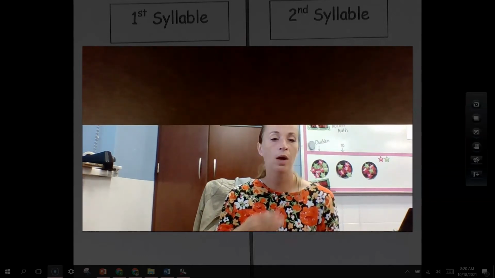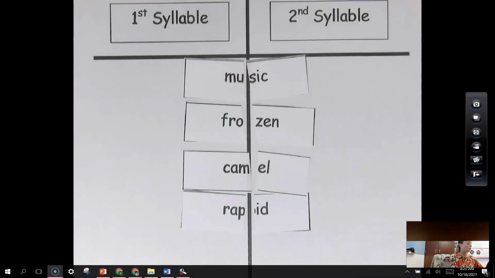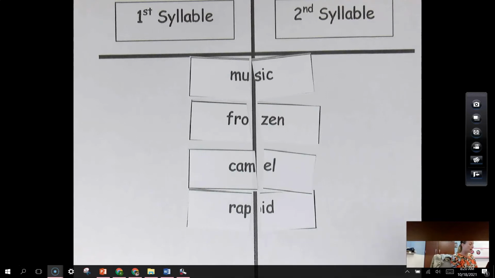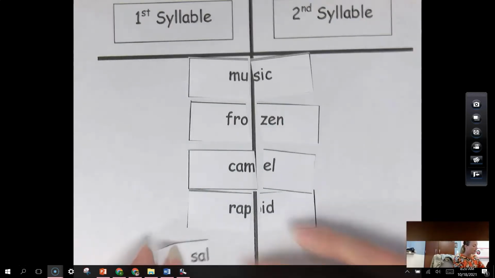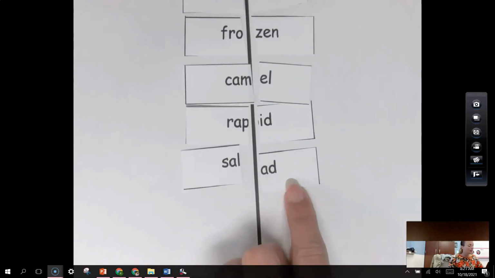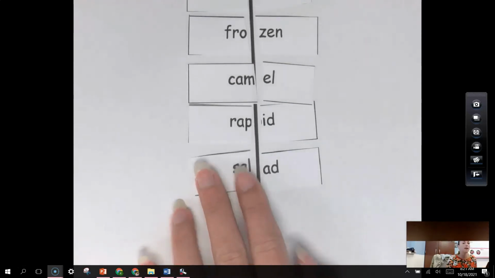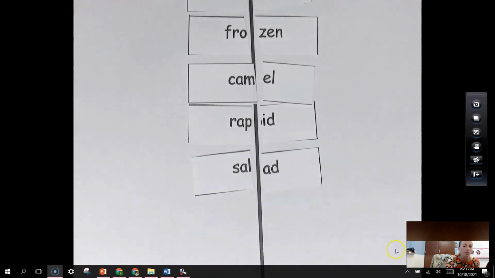Salad. Where were we holding out there? Where did you hold out? If you said that we were holding out between the L and the A, the second A, you are correct. So you are going to want to cut that and glue it on for salad. Sal-id. All right, pause the video if you need to do that, and then we're going to move on to